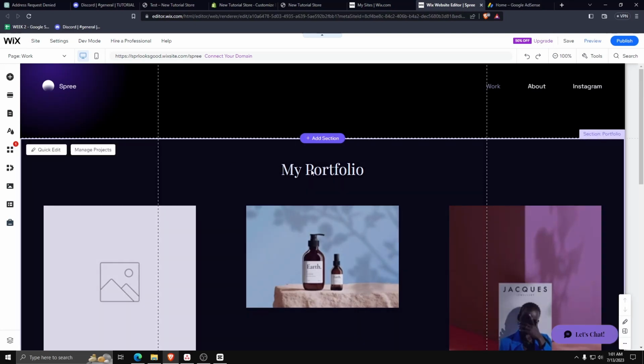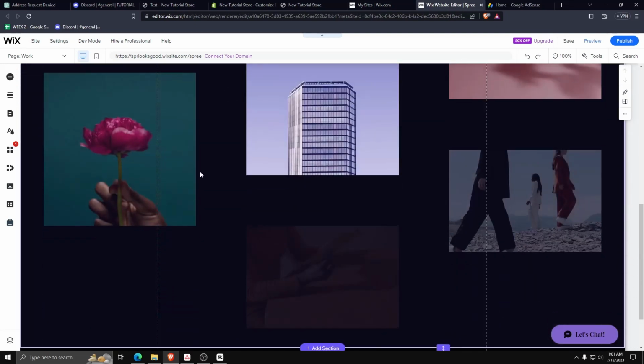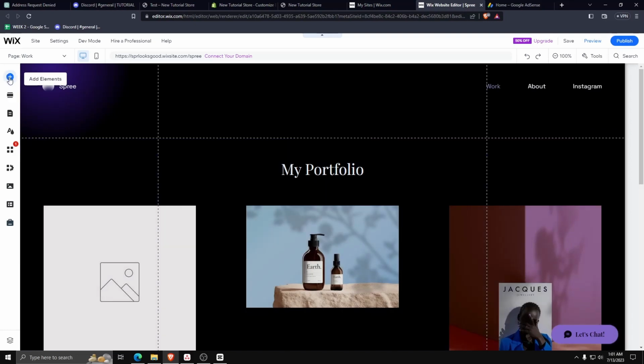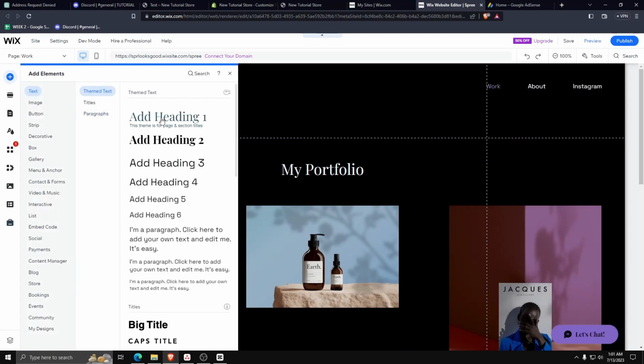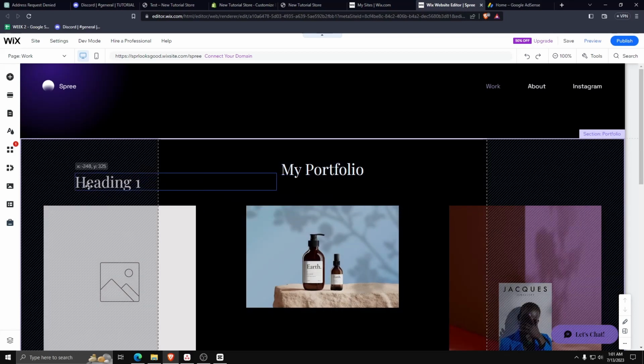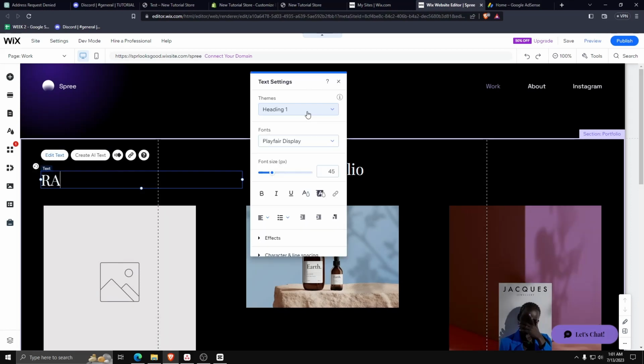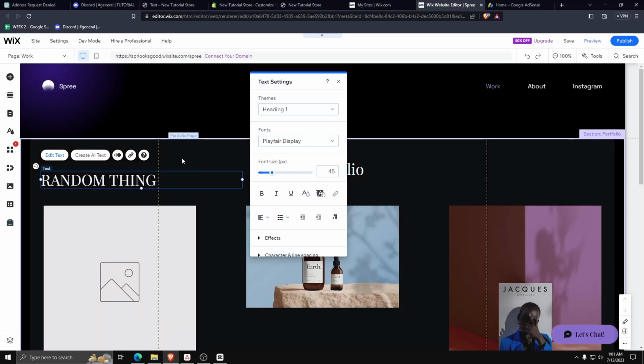From here, you can see how it'll be displayed on a computer screen or a non-mobile device. From this website editor, you can add headings, change them, focus on different elements on your site, and see all the different options Wix has for website editing. Remember to always save any changes you've made while editing your site by clicking on the Save button on the